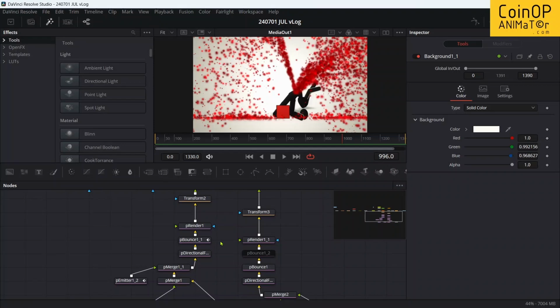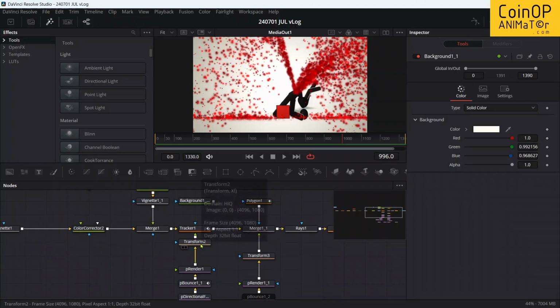P bounce, which is particle bounce, or in my case I turned the bounce all the way off and made a really grippy surface so it didn't bounce as much. And then you render it, P render, transform the geysers into exactly the spot I want, and that feeds into a tracker which is tracking a point